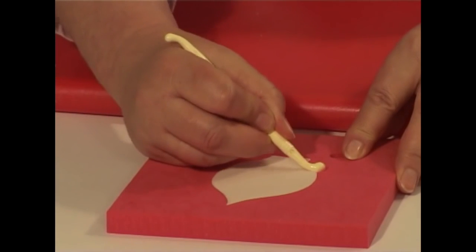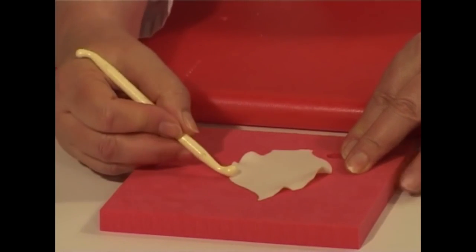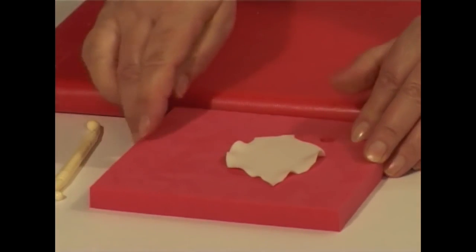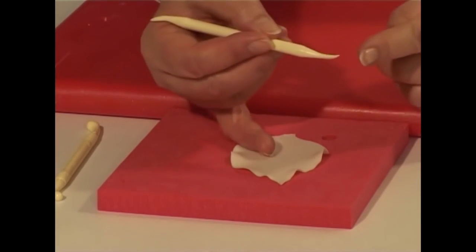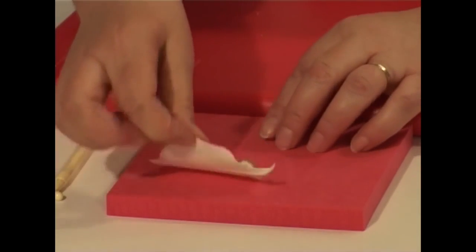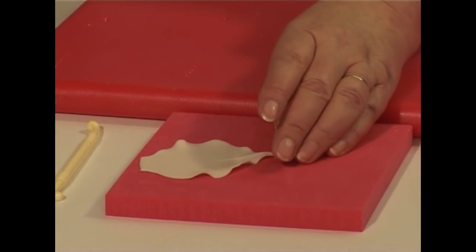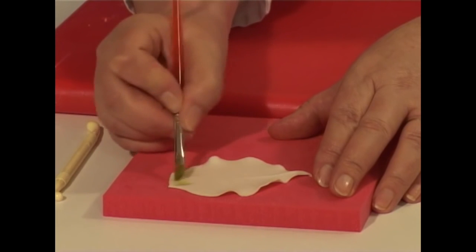Use your bone tool to soften the edge and soften the edge. And if you notice, I always work from the bottom to the top. When you get to there, use your veining tool, and I use the thinner side, not the fatter side, to just bring that back slightly. Turn the whole petal over. At this stage, I would take some green dust and just bring the dust inside